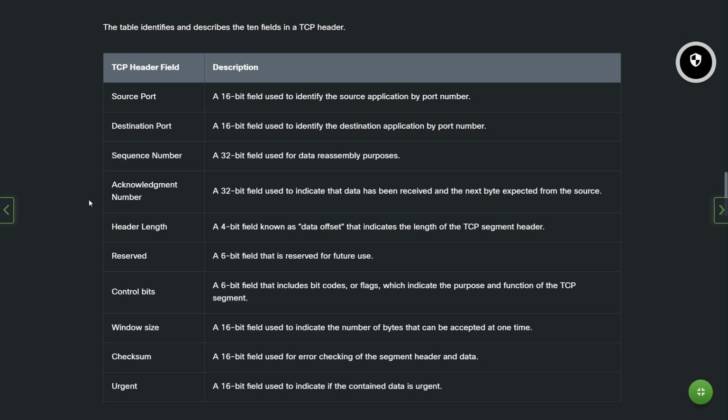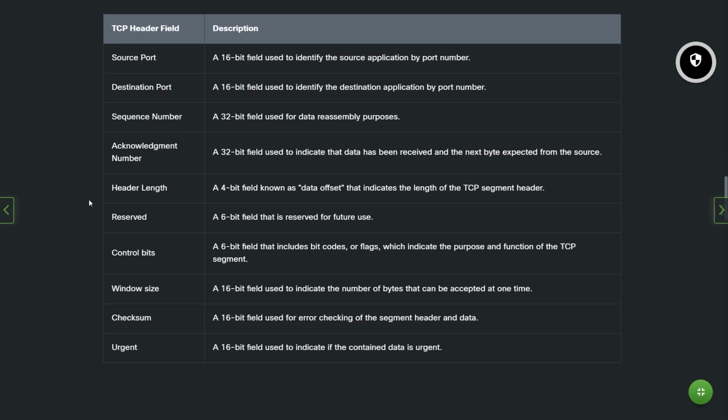Acknowledgement number, a 32-bit field used to indicate that data has been received and the next byte expected from the source. The next is header length, a 4-bit field known as data offset that identifies the length of the TCP segment header. Reserved, a 6-bit field that is reserved for future use. Control bits, a 6-bit field that includes bit codes or flags which indicate the purpose and function of